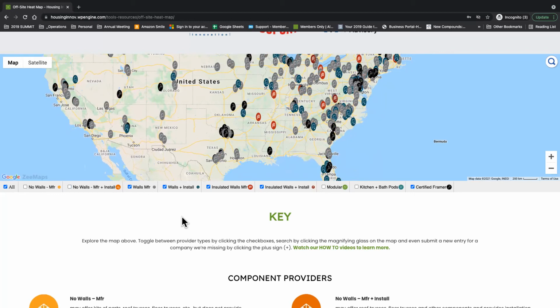You see there are a lot of pins where it's just manufacturing and not installation. There's a huge opportunity if you're currently doing components and you're considering getting into wall systems. There may be a huge opportunity for you to go directly to offering installed services along with those wall systems,